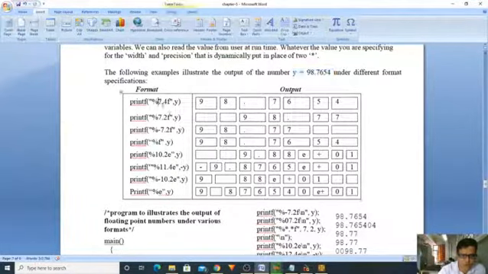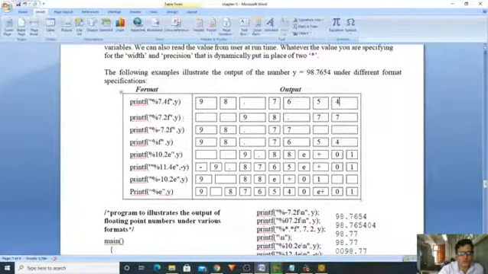Now I am doing %7.4f. What is the 7.4f? It must consist of 7 width, right? 1 2 3 4 5 6 7. Within 7 width, after the point, it must consist of a 4 precision number.